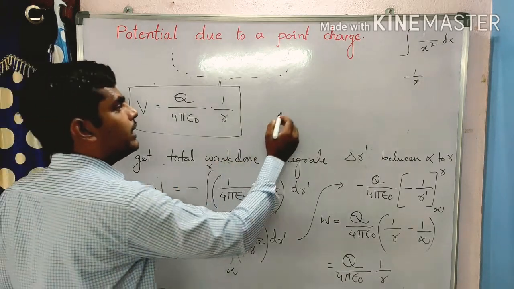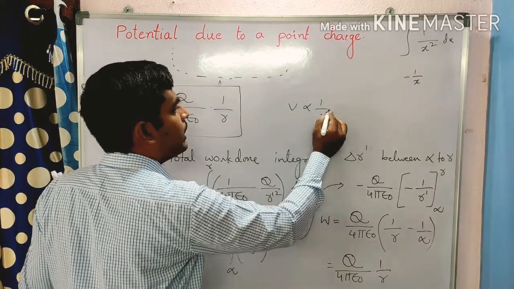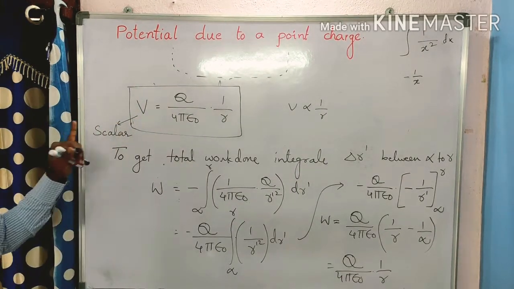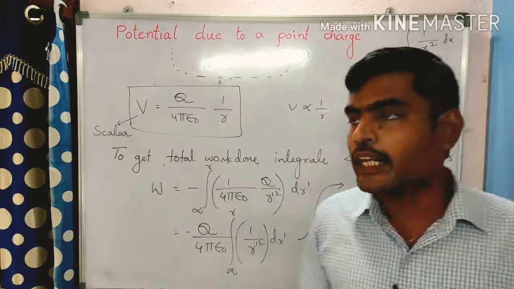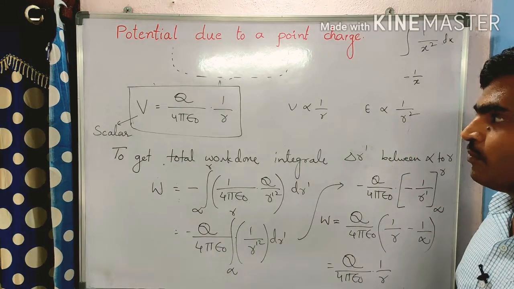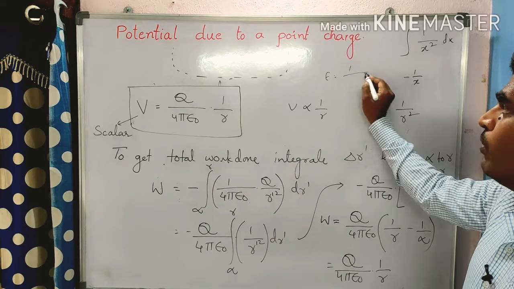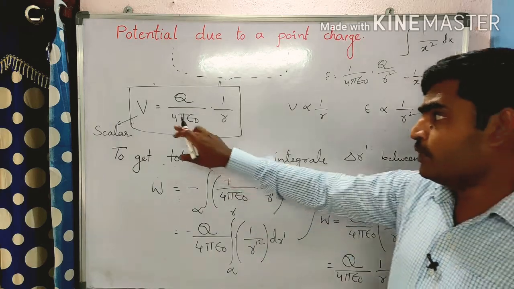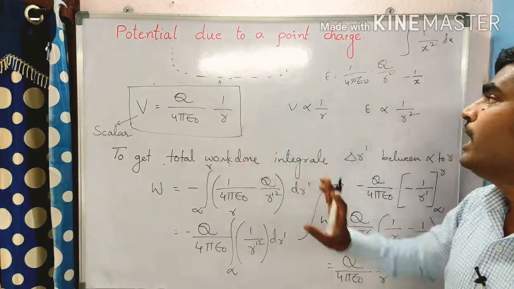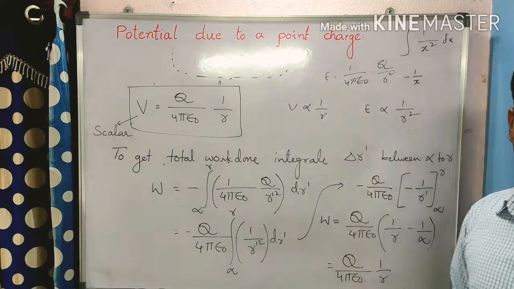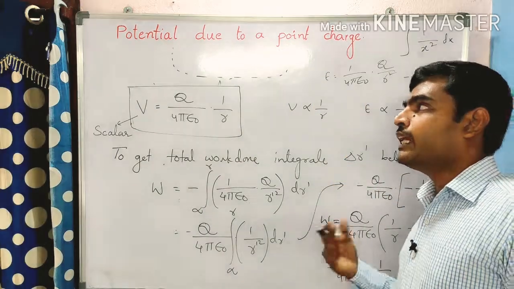So V is proportional to 1 by r. Do you know the relation between electric field and electric potential? Electric potential is inversely proportional to r, while electric field E is inversely proportional to r square. The electric field formula is E equals 1 by 4 pi epsilon naught Q by r square, and the electric potential is Q by 4 pi epsilon naught into 1 by r. So this is the electric potential due to a point charge. Next we will discuss electric potential due to a